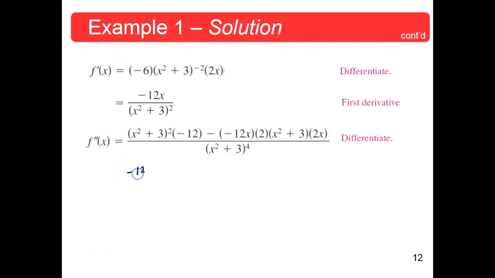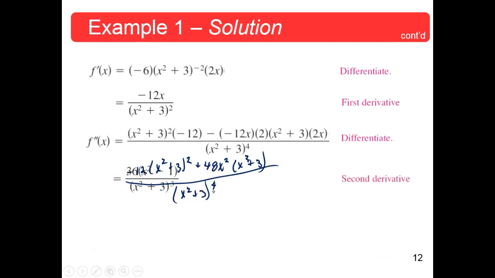I would make a minus 12 times x squared plus 3 squared, and that came out to a plus 48x squared times x squared plus 3, and then divide that by x squared plus 3 to the 4th power. Now here's why I suggested doing that. Leave the x squared plus 3's in their forms. Don't distribute those, because you see here we have 1 here, 1 there, and you have 4 down here, so let's make that a 3. Okay? I hope that was okay. It's kind of quick and dirty, but that makes it,